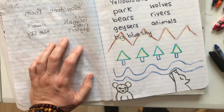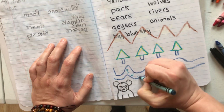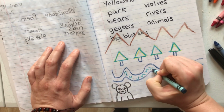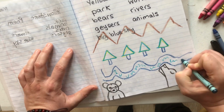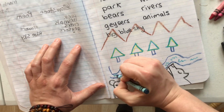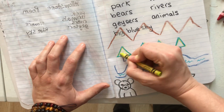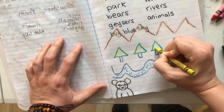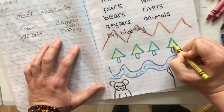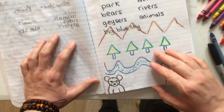Now, if you want to, you could continue adding more and more lines and details all over your drawing just to see what would happen as a wax resist when we start adding watercolor. Cool. Okay,